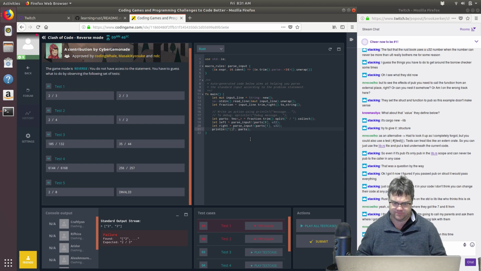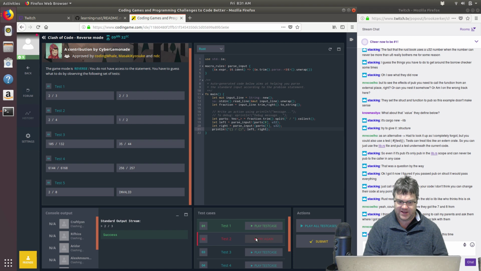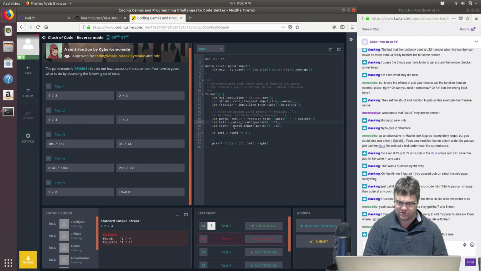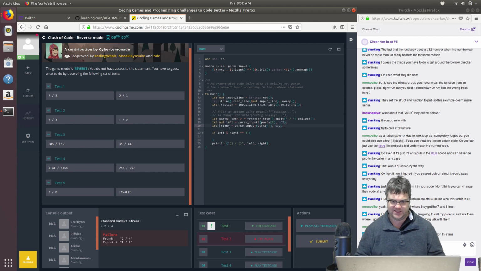And so let's now just see if we can sort of recreate what we initially had, which is we have left and right, like that. 2 divided by 3, that works. So we're successfully getting that. It now wants 2 divided by 4. So now that we have that, we want to say, if the left modulus right is equal to 0, then we probably want to mutate this,